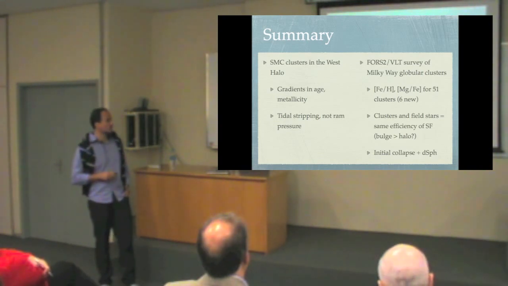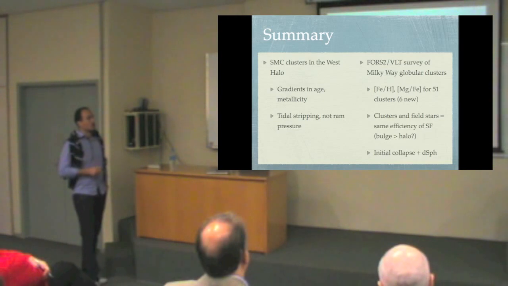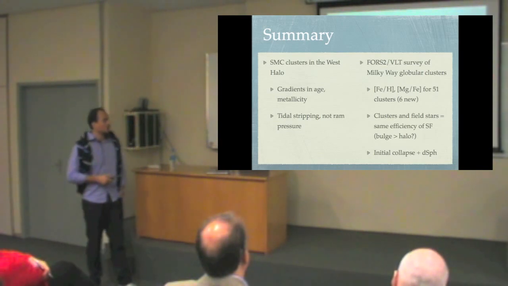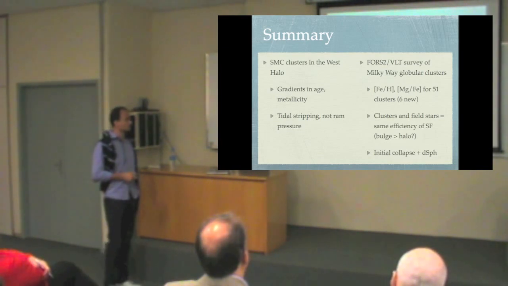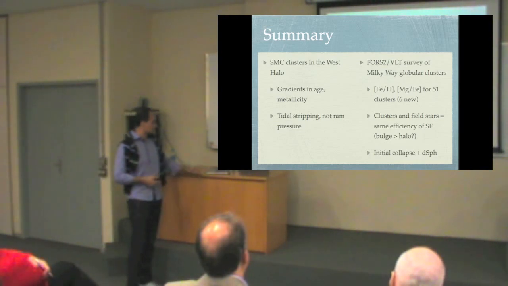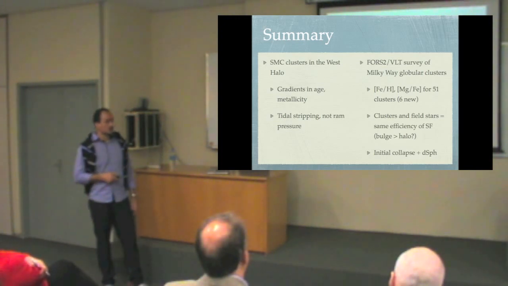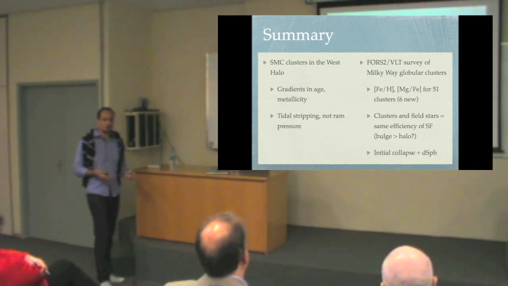For the survey of globular clusters in the Milky Way, we derived iron metallicities and magnesium, thinking on alpha elements, for 51 clusters, which is 1/3 of the sample in the Milky Way. 6 of them are new concerning the calibration of Mg. Clusters include stars that are following the same chemical pattern,